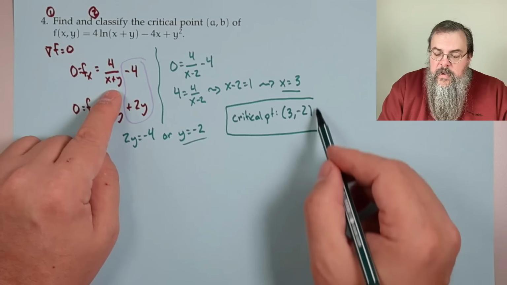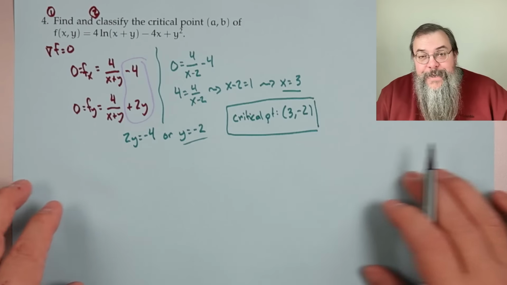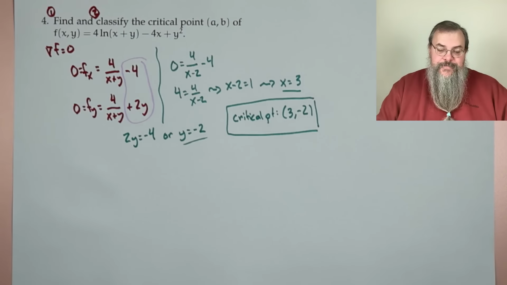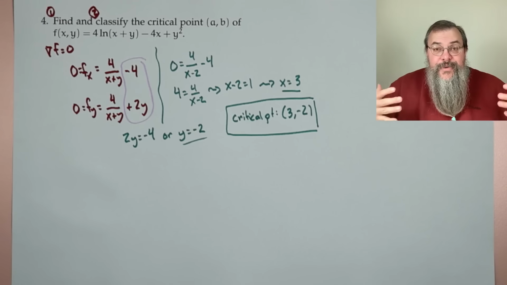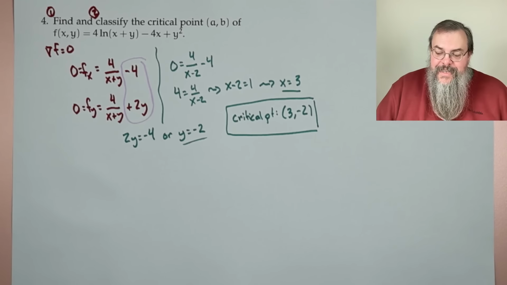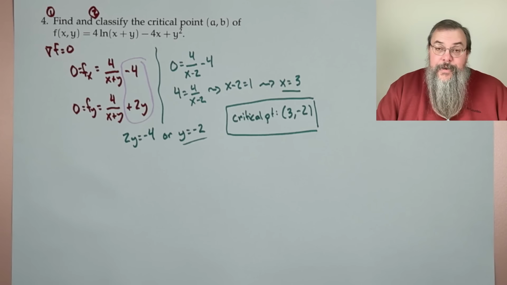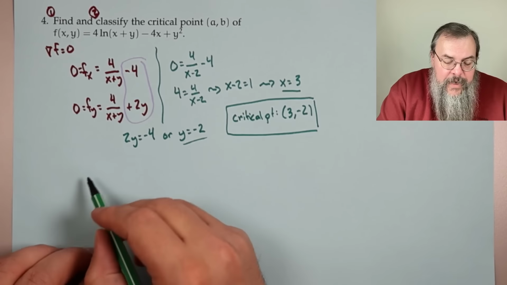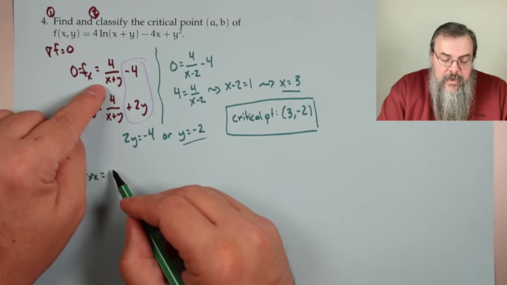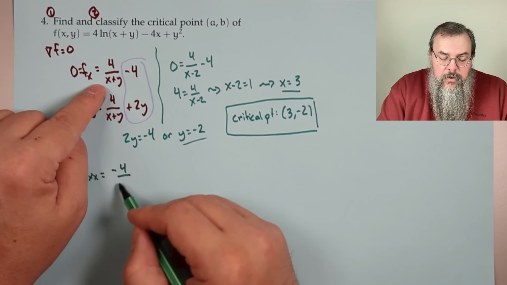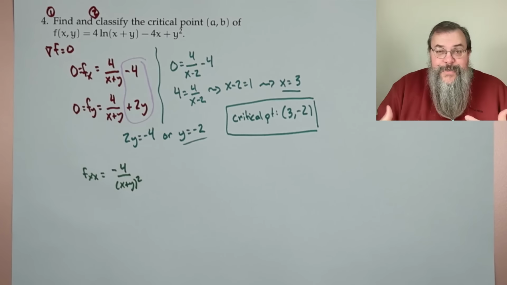All right, that's step 1. We still have plenty of space because we have a step 2: classify. Classification basically boils down to the second derivative test, so we're going to have to take second derivatives. Here we go. We have f sub xx. Taking the derivative of this with respect to x gives us negative 4 over (x plus y) squared. And in case you're wondering where this is coming from,